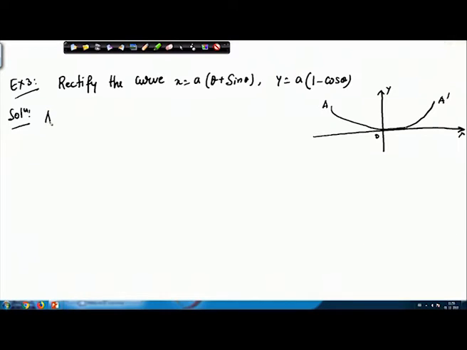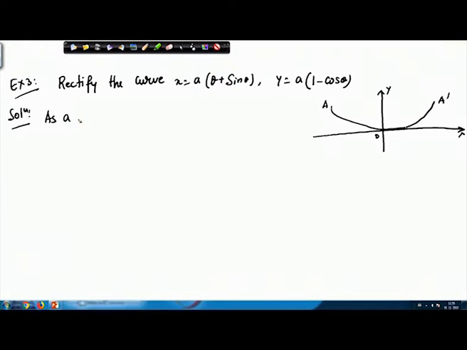Now, we first have to guess the limit, because if we have the equation of a curve given in polar coordinates, the rectification formula involves integration from theta equals alpha to theta equals beta. That means we need to identify these two angles so that we can do the integration. Here we will try to do the same thing. We will first identify the range for theta, that is, from where to where it is varying, all right. As a point, let us say any point on this arc,